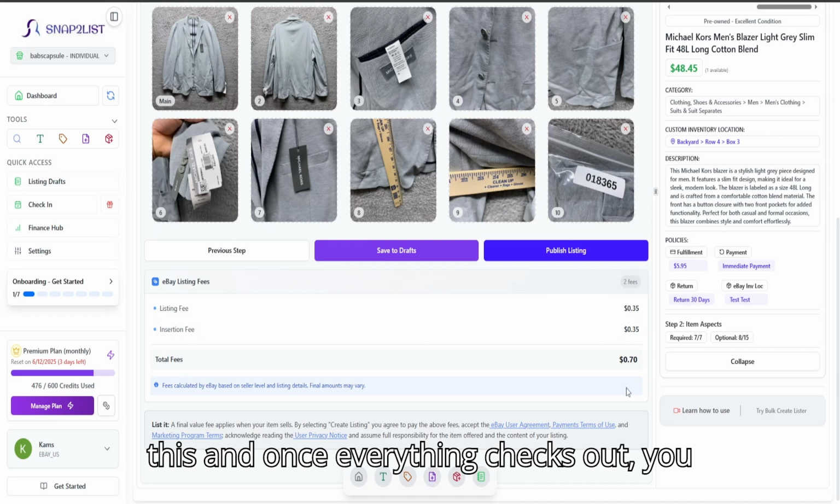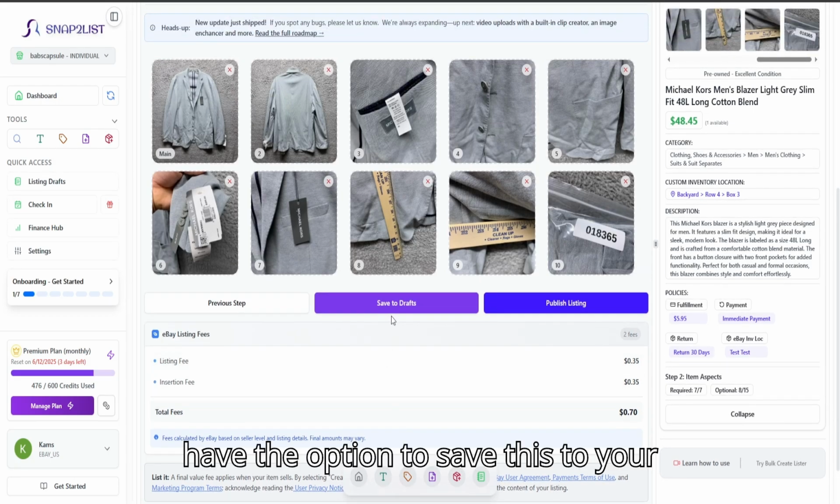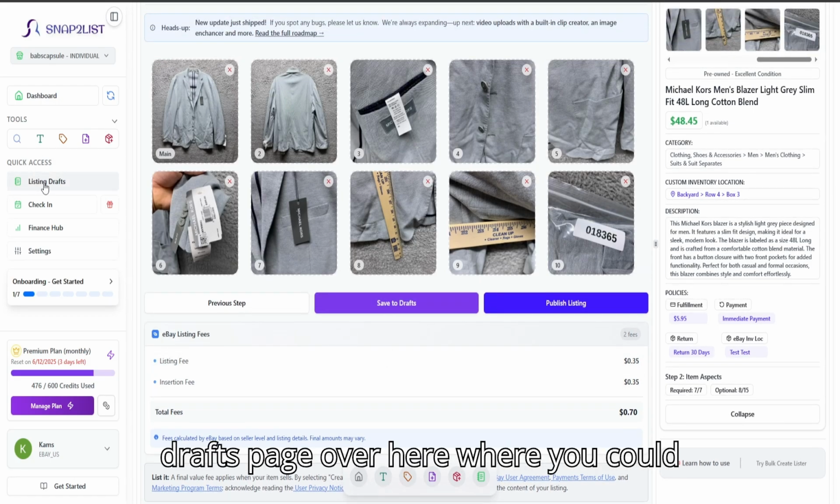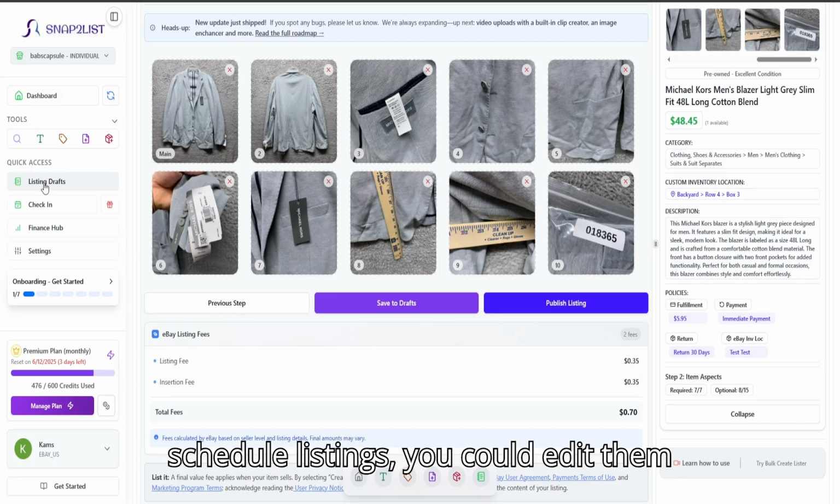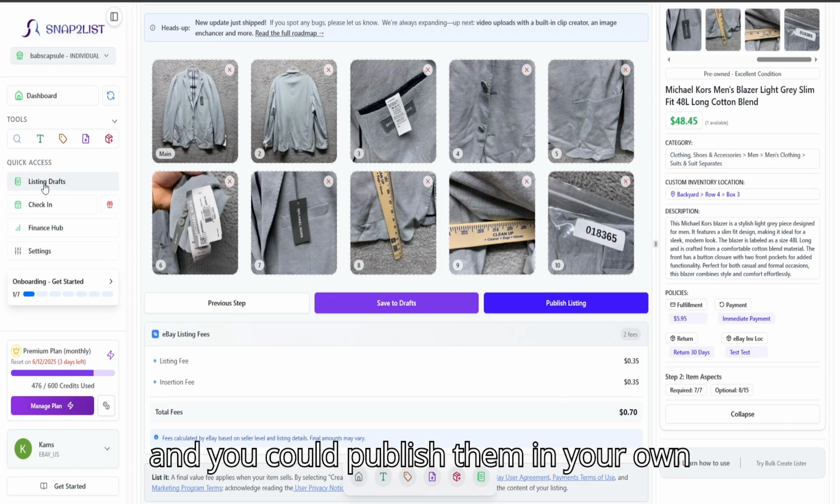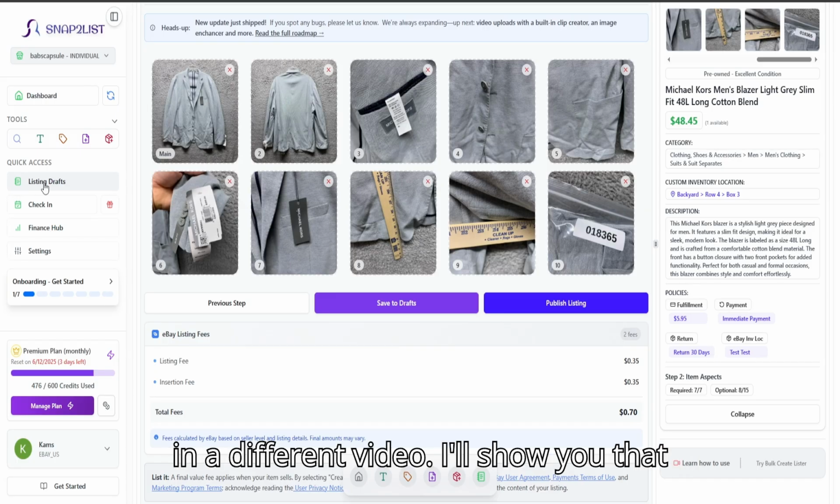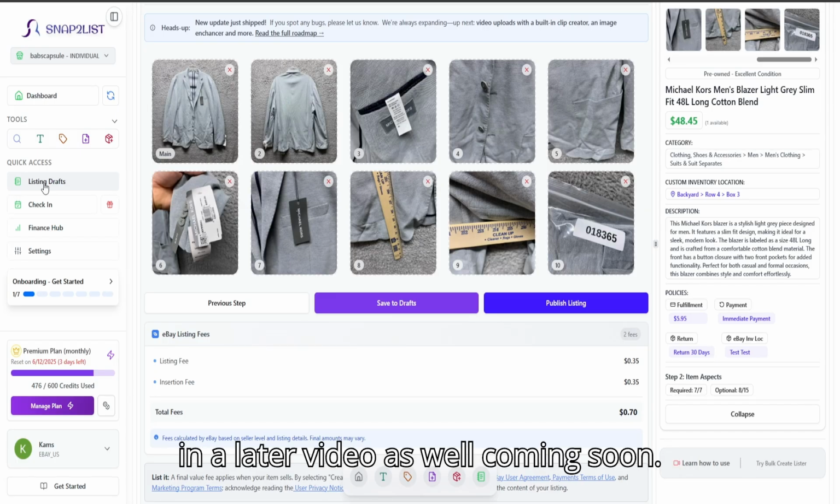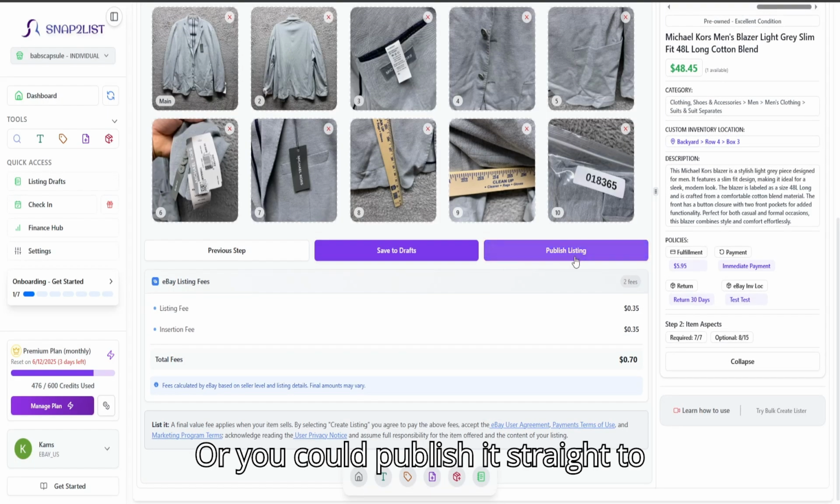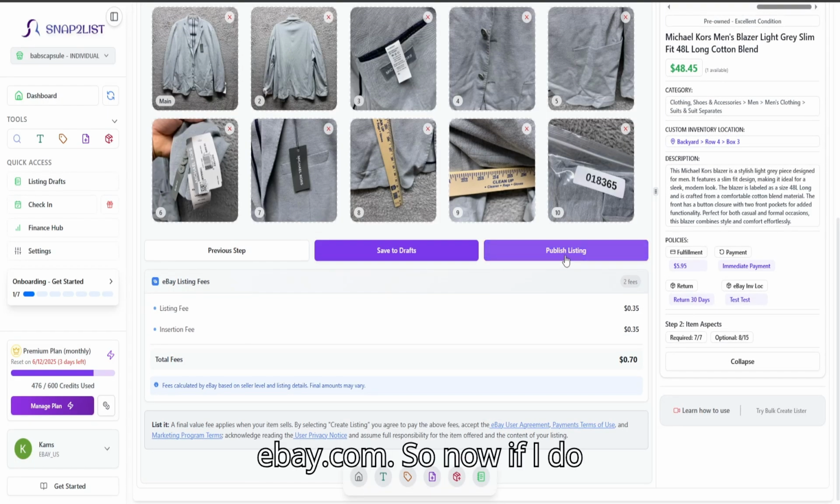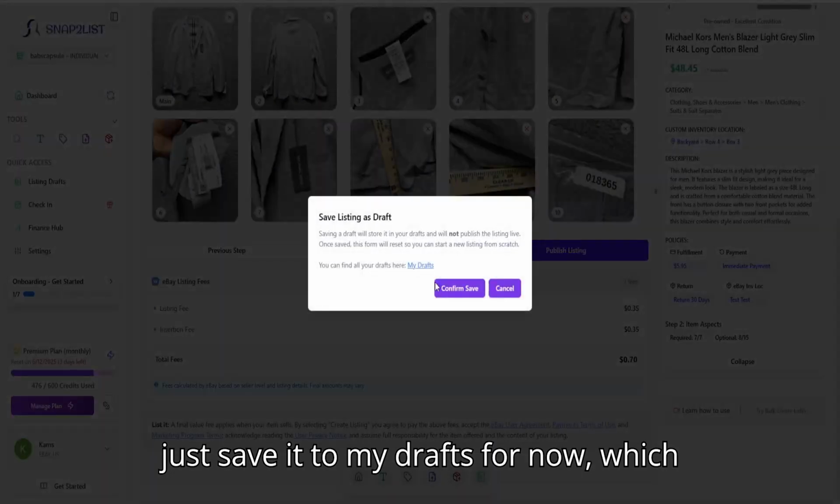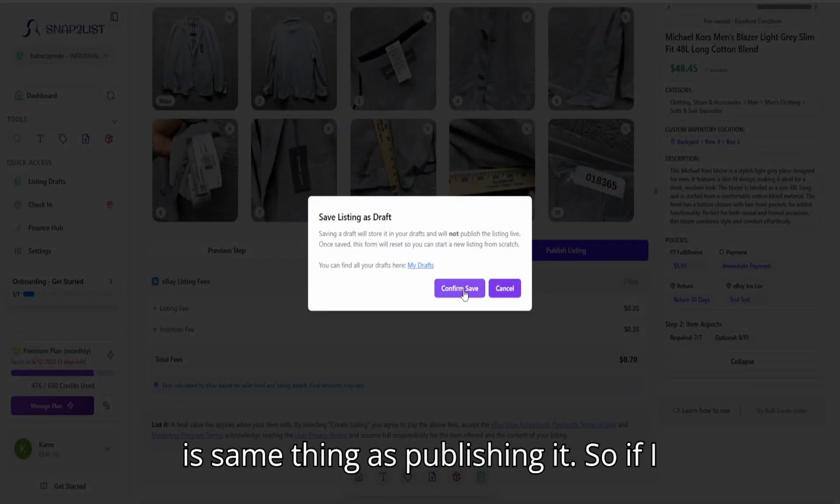And once everything checks out, you have the option to save this to your drafts page over here, where you could schedule listings, you could edit them, and you could publish them in your own time. I already showed you that in a different video. I'll show you that in a later video as well, coming soon. Or you could publish it straight to ebay.com. So now if I do just save it to my drafts for now, which is the same thing as publishing it. So if I do save it,